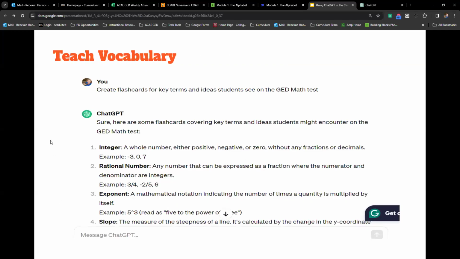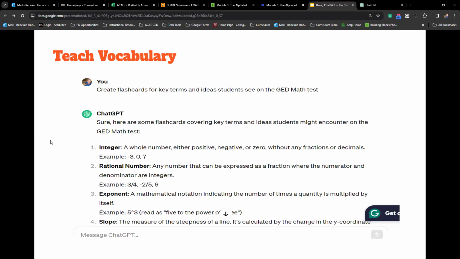All right. Another strategy for using ChatGPT in the classroom: teaching vocabulary. The one I have here is math. Math is generally the last subject that my students try to tackle. We try to get the reading tests, the social studies, and science out of the way first, because math is usually the struggle. But I tell students, you're still going to have to read on the math test. There's still word problems, and the questions will ask different vocabulary terms that are seen in math. So they still got to know those terms.